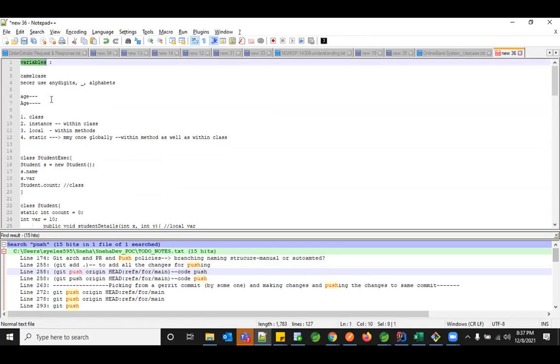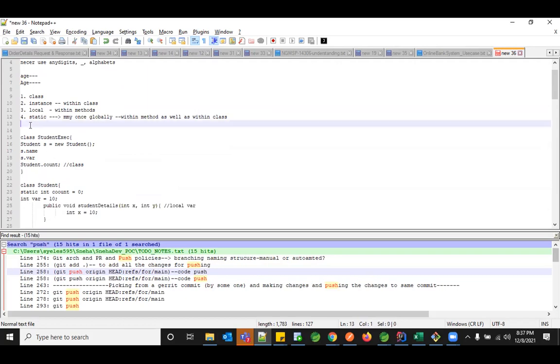So variables, in our variables, you should always go with camel case and try to use mostly alphabetic characters rather than digits. And Java is very case sensitive. It can be either variable name, method name, or constants name. Try to use the same thing throughout the program. If you try to change anywhere, it will give you a compile time error.